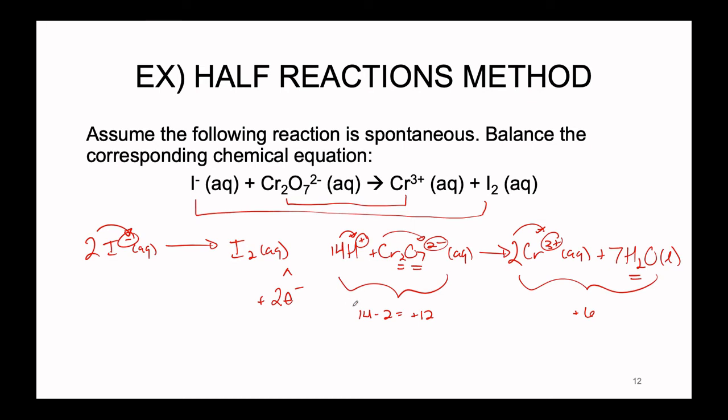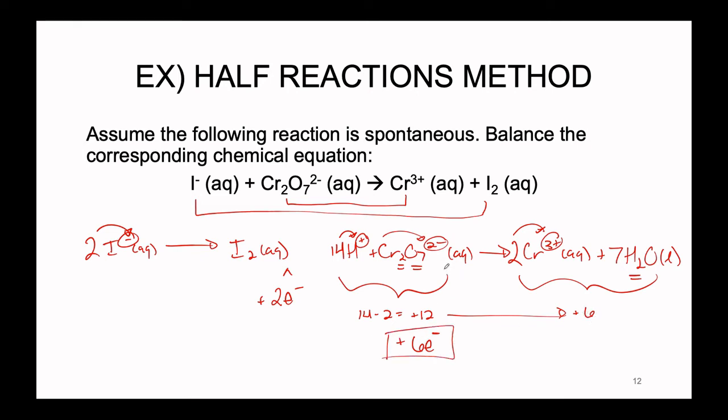Over the course of this reaction then, since we went from a total of plus 12 on the reactant side to a total of plus 6 on the electron side, there must have been 6 electrons, 6 negative charges, that were gained in the process of this reduction on the right. So if we take a positive 12 and add 6 negative charges, this is going to give us a total of a positive 6, meaning that there are 6 electrons being